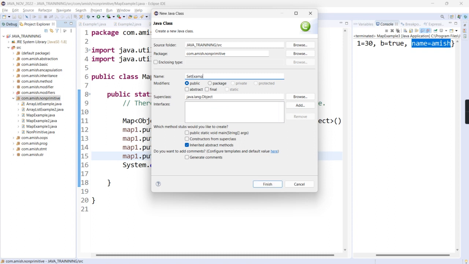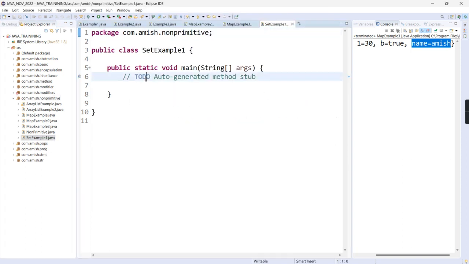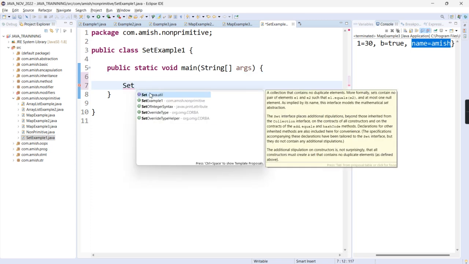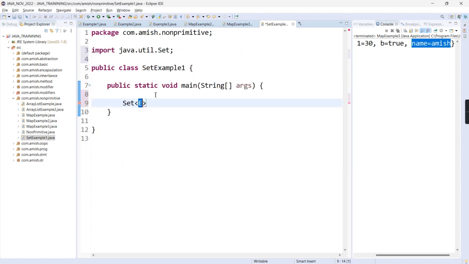Set, example 1. Okay, so how to create a set object? Set, again, set comes under which package? Java.util package. All collections-related things, set, hash map, linked hash map, list, array list, all come under this java.util